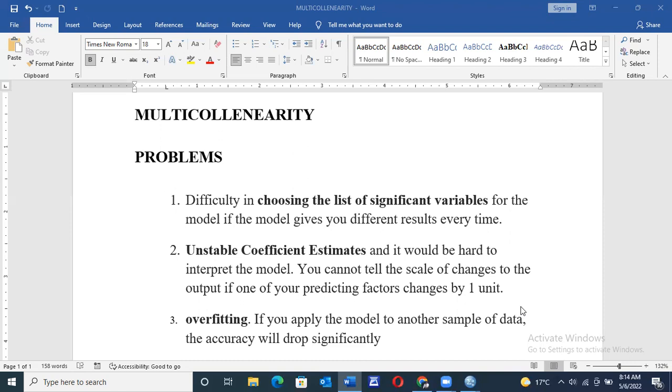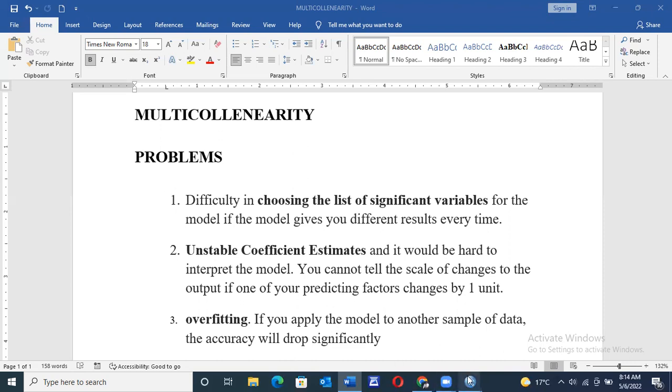And second, due to the unstable models that we'll have, they will find some of the values will be overfitting. And if you apply such a model to another sample of data, then the accuracy will drop significantly. But then how can we rectify this problem? Once you have run such analysis and you find there's an evidence of multicollinearity, then you will identify those variables which have values more than 10, and we are going to look at that in our next set of discussion